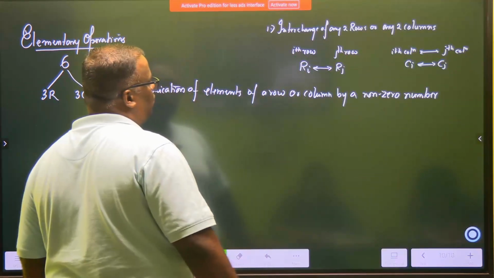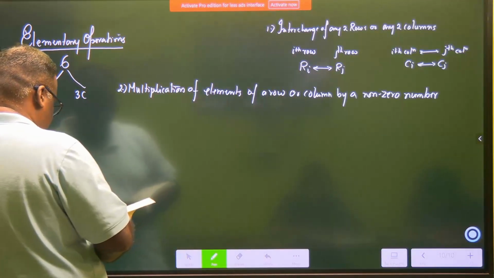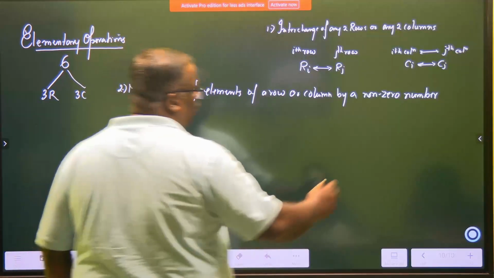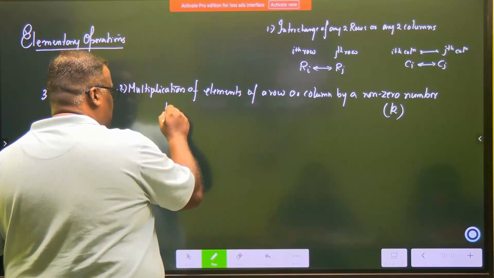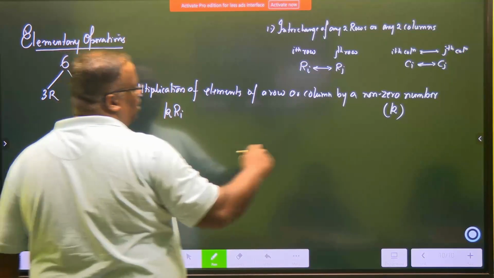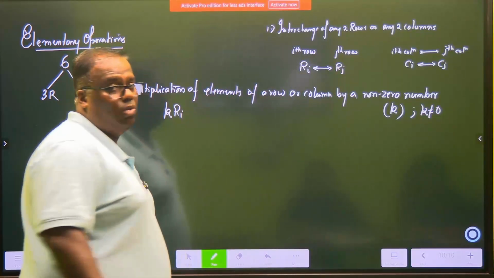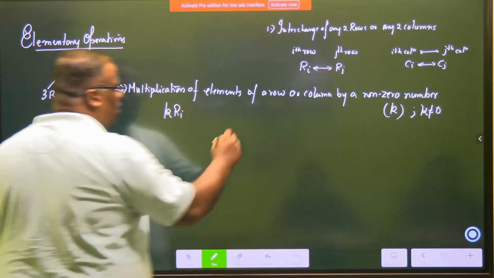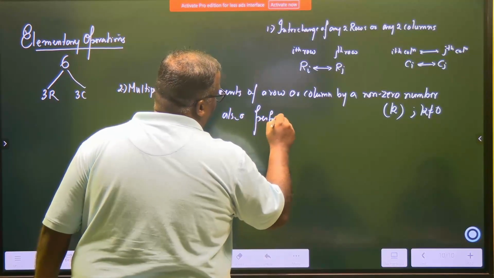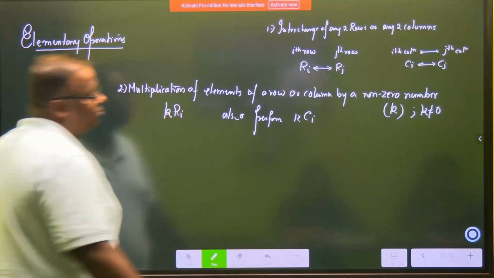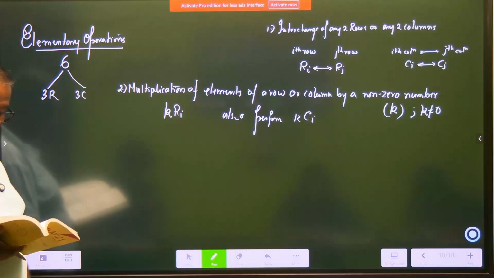So we say that non-zero number we are assuming as k, and we can do k multiplied by Ri, with the condition that k cannot be equal to 0. k into Ri. Similarly, you can also perform k into Ci. Can you understand this? If you bring out a scalar multiple,